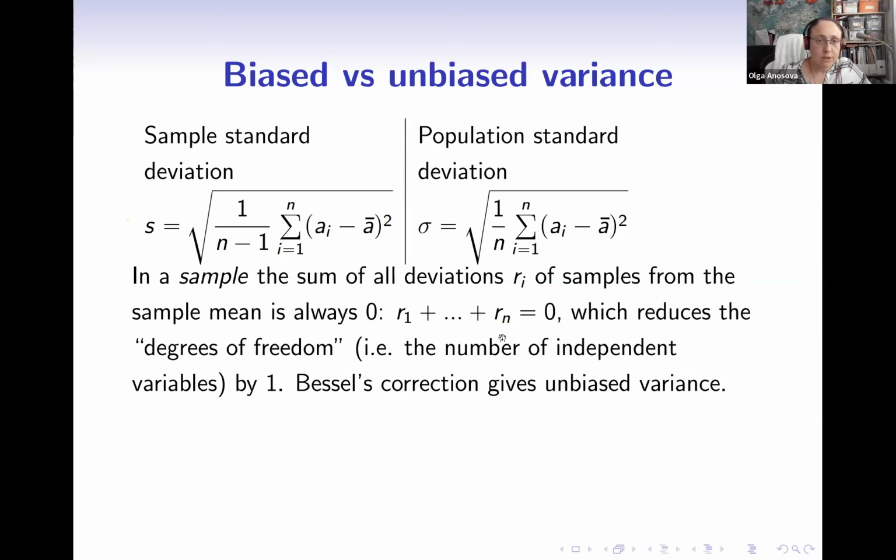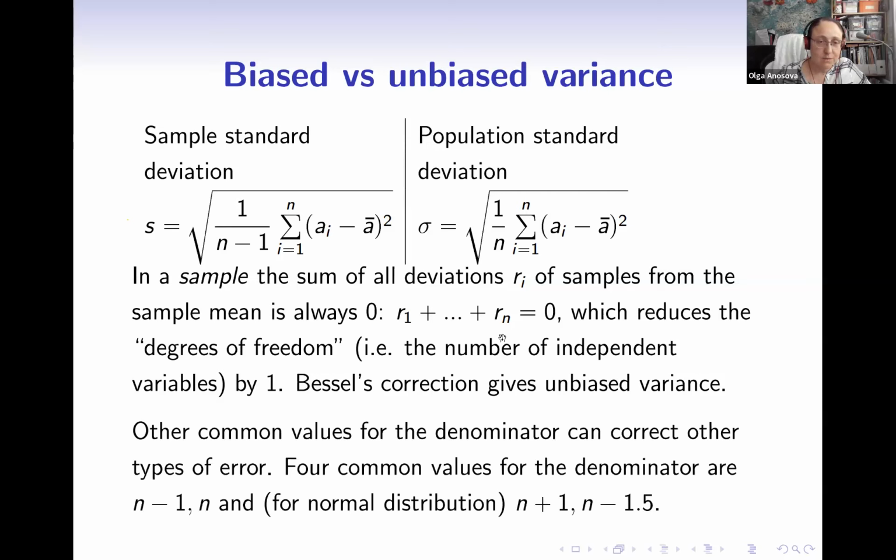The question is what it does to standard deviation, and the answer is, well, actually it doesn't correct the bias in standard deviation completely, which means that for standard deviation sometimes other types of denominators are used. Usually it depends on distribution, but we are not using them, and just for simplicity we will stick to n minus 1 in the denominator. But keep that in mind if you're using some kind of statistical program or machine learning program. Sometimes it makes sense to check how exactly your standard deviation, which we all know from school, is computed.